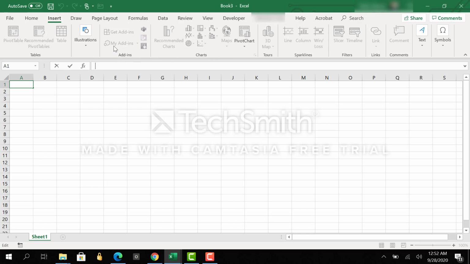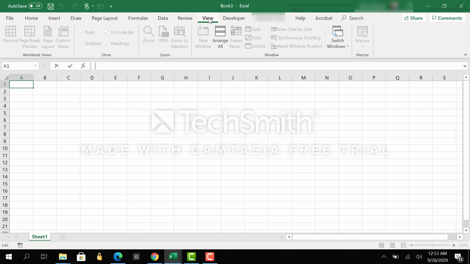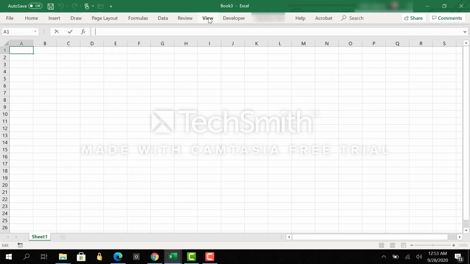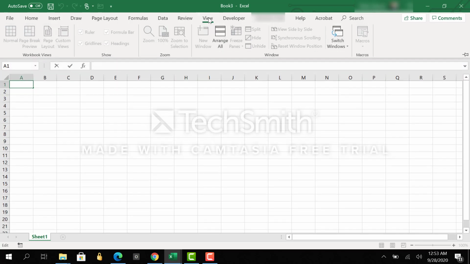So let's stop right there for a moment. I want you to take a moment now, go through the ribbon and get familiar with the various tabs you have there. Take a look in the View tab and see how you can turn off the formula bar and turn it on again, and also give one of the tabs a double click just to minimize that ribbon and then open it right back up by double clicking it again.